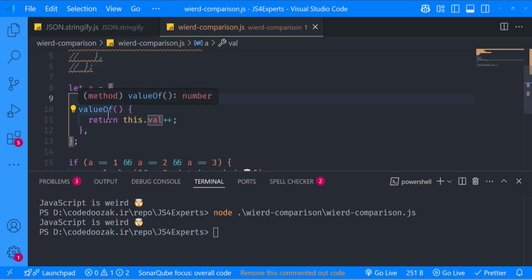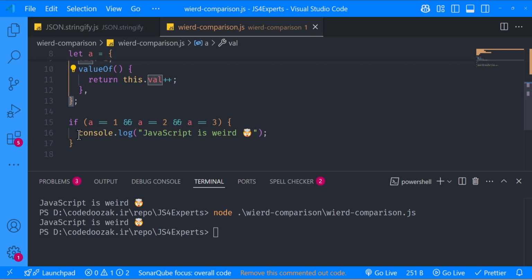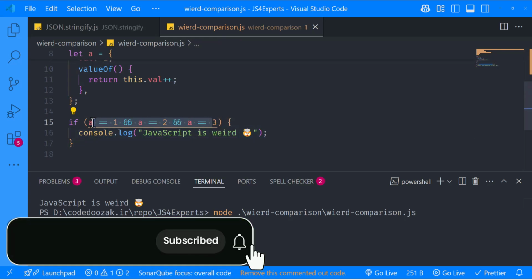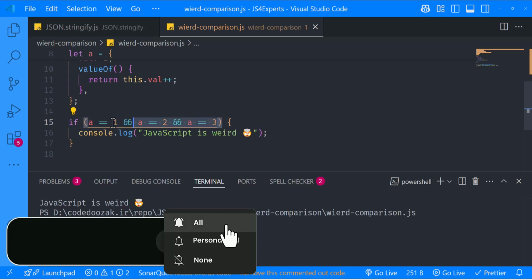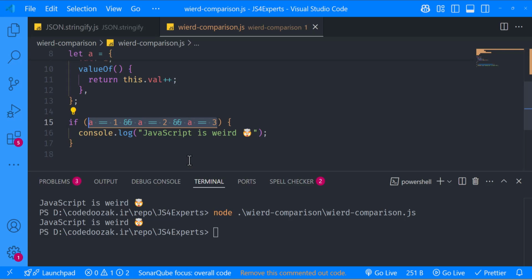So we have two scenarios with the same concepts satisfying this line of code and satisfying this condition in here. It's a little weird, it's very famous, and maybe you already have seen this before.